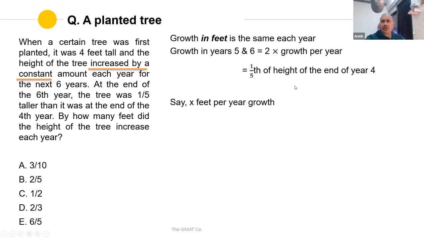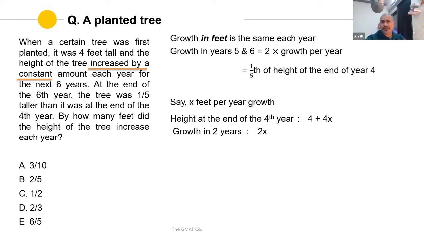Now, let's say the growth per year, what we need to figure out, is x feet. What would be the height at the end of the 4th year? Well, 4 feet initially plus x plus x plus x plus x for every year. So 4 feet plus 4x. That would be the height at the end of the 4th year. What would be the growth in the last 2 years? x plus x, 2x. Now, 1/5 of the height at the end of the 4th year, 1/5 of that is equal to 2x. Now it's a matter of solving for x. I get x equals 2/3. Most of you